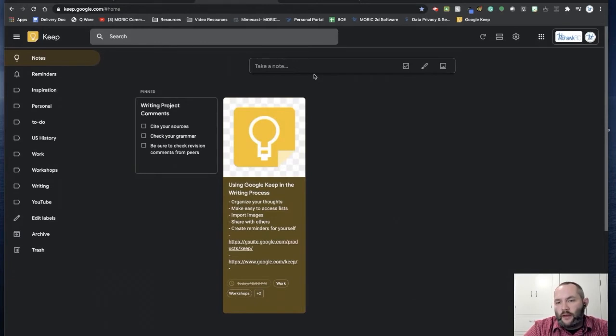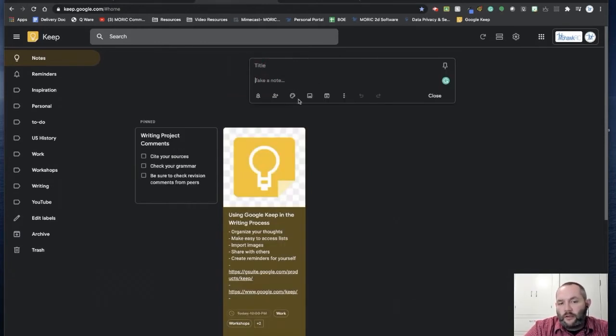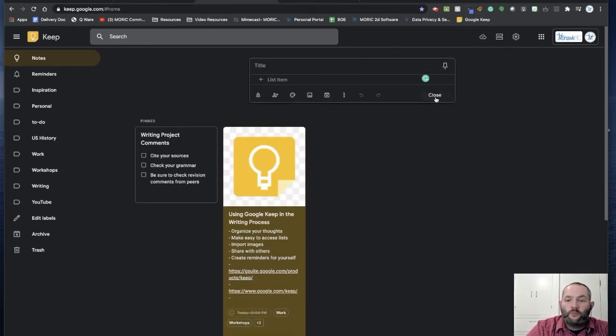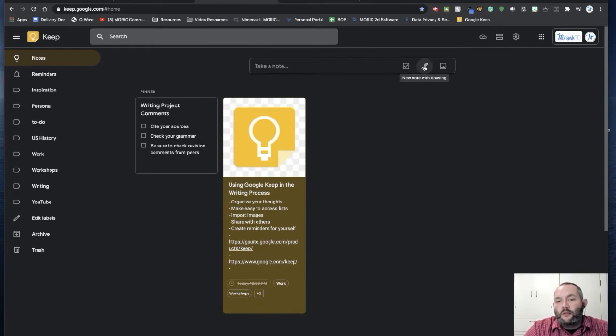So one thing that I do want to point out is when you are creating notes, I showed you how to click into the note and simply type. If I close this, there is a quick way to just create a new list. Instead of having to click on the More menu, if you just click New List, it automatically pops up with the checkboxes. There's also the drawing, so create a new note from drawing.